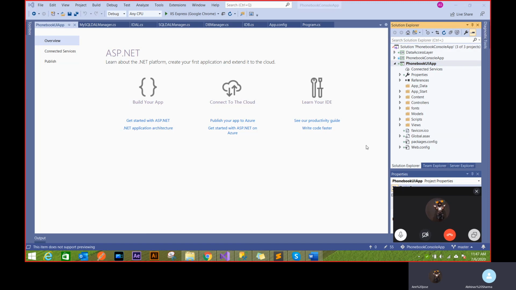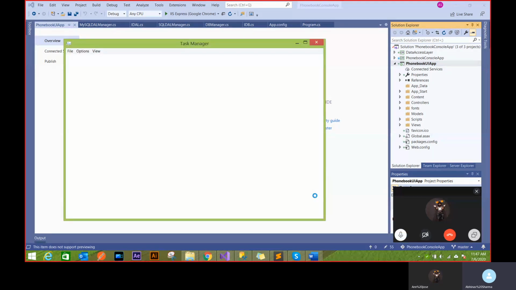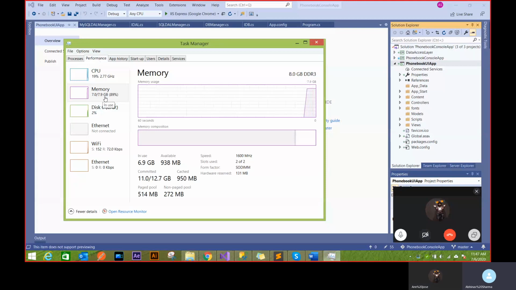Because it takes a lot of space and memory. Visual Studio really crunches everything down. Even right now I'm overshooting, using about 7 GB of RAM. Even though my CPU is free, my memory is really used because this whole application is very heavy.